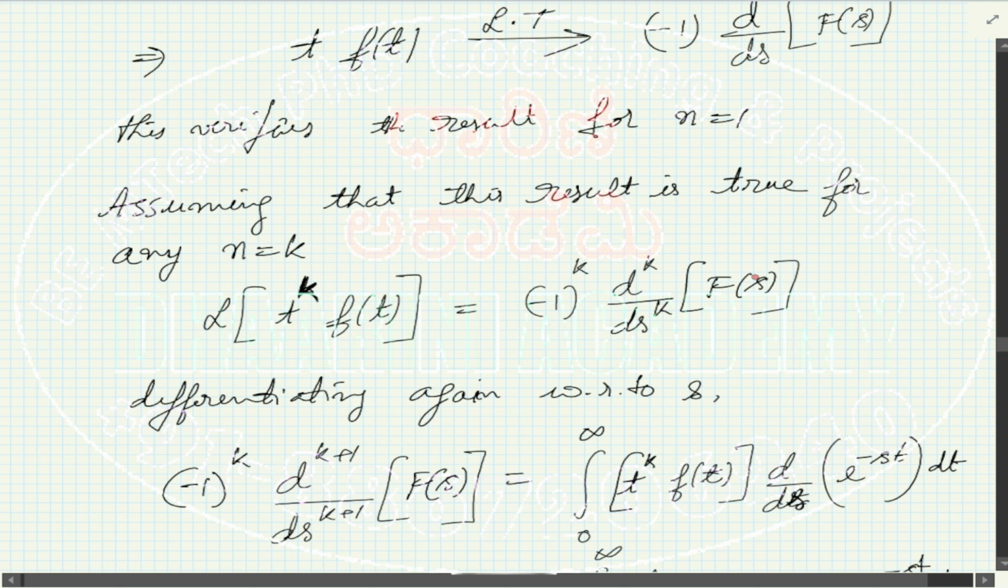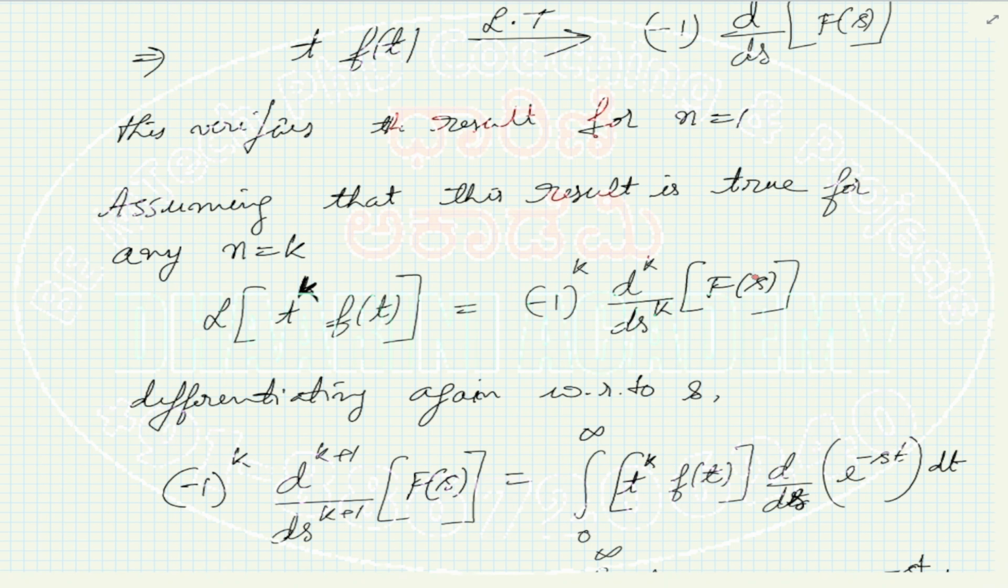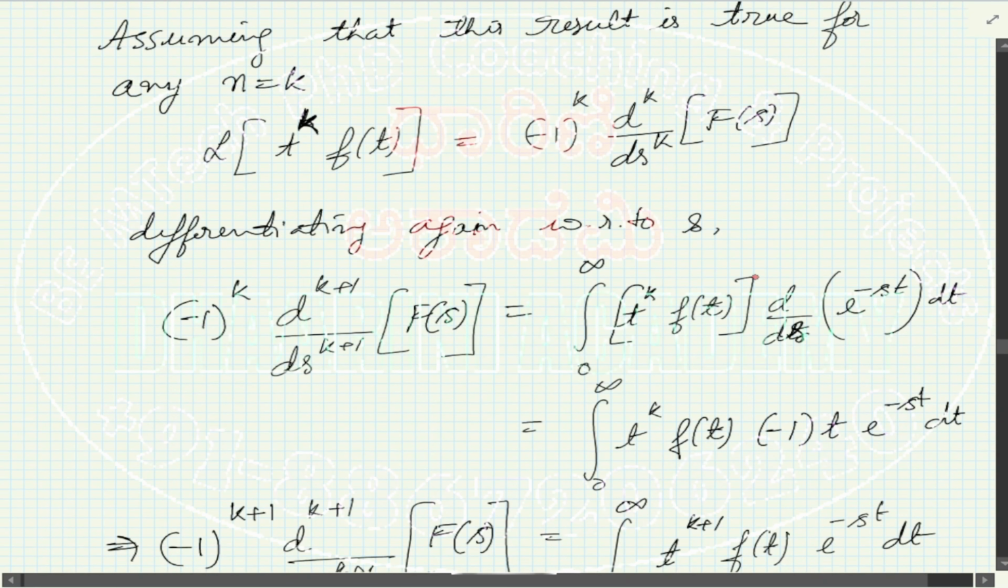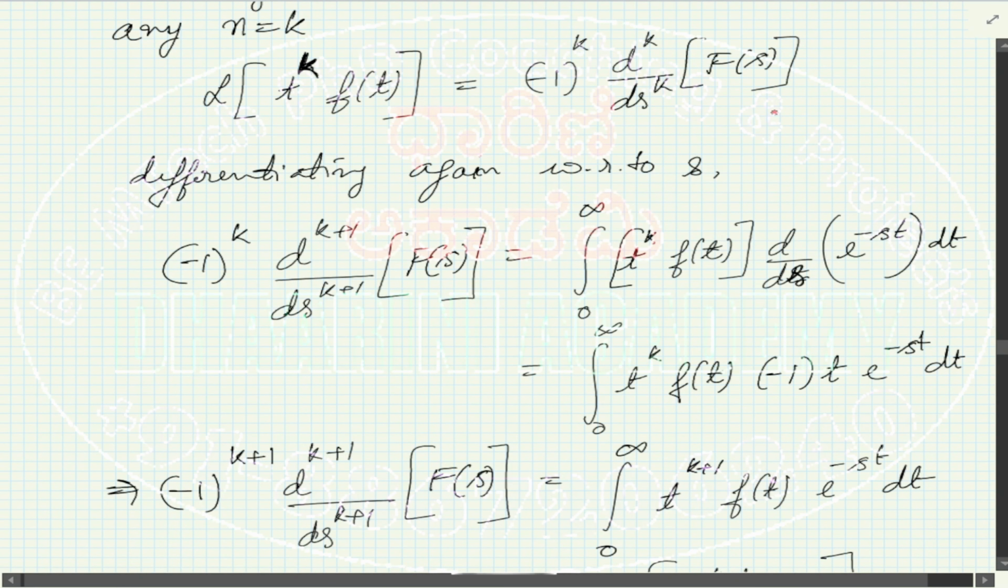Now if it is true for any k, and you make sure that it is also true for k plus 1, which means it is true for everything, correct? Because we already proved it for 1. If it is k plus 1, 1 plus 1 becomes 2, 2 plus 1 becomes 3, 3 plus 1, it's true for every number. So we can prove like that. What you do is differentiate this assumption once again. So minus 1 to the k, d to the k plus 1 by ds to the k plus 1 into f of s equals to